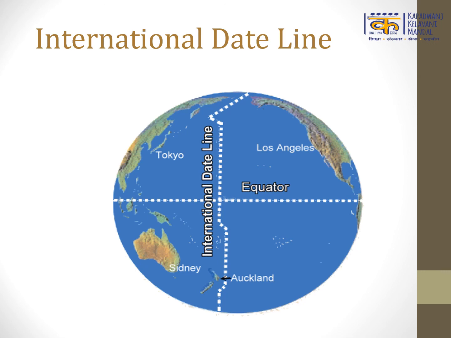The reason behind it is that if it is drawn straight, it will cross some islands or some countries, because of which two dates will mix up on the same island. In some places, while going to the other side of an island, date may change, which will create confusion. To prevent this confusion, the line is deviated roughly. To avoid any confusion of date, this line is drawn through the sea and not the land.